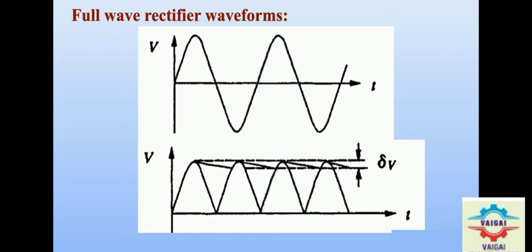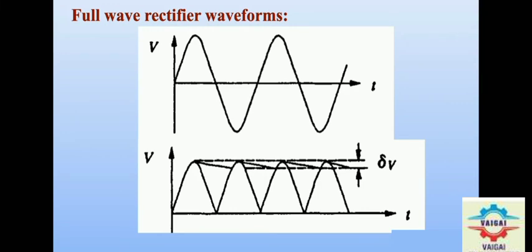The input voltage is rectified and we get the output DC voltage. It is the pulsating DC. In order to reduce the pulsating, that is the ripple voltage, we go for the capacitor. The capacitor is charged via rectifier A during the positive half cycle, and during the negative half cycle, the capacitor is charged via B.